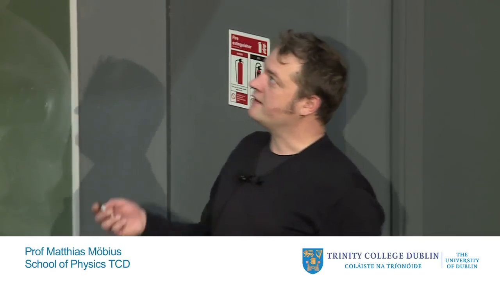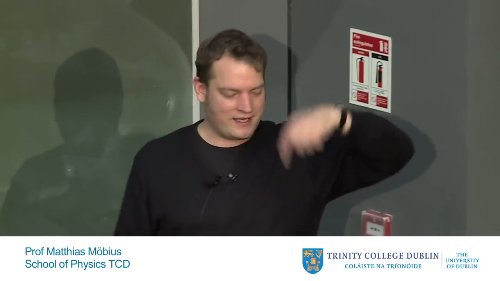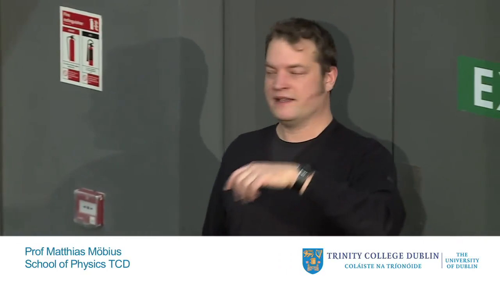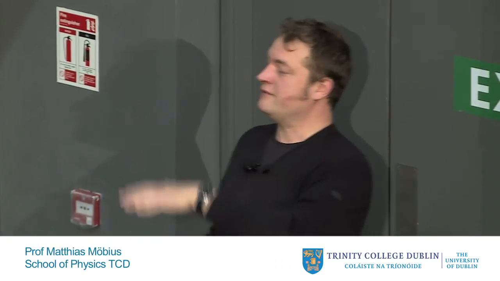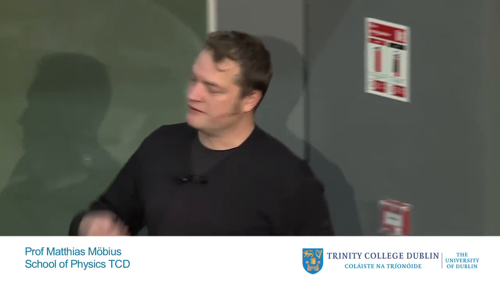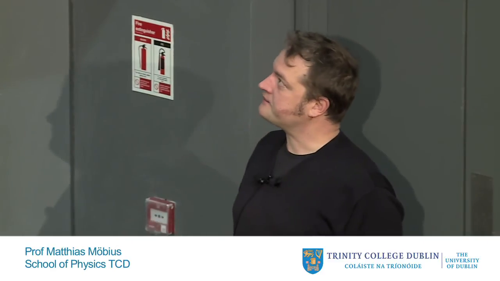Yeah? But if these grains are small, then the air has a hard time reaching the bottom, so you get a low pressure region at the bottom. Then you have a pressure gradient, and when you have a pressure gradient, it forces this plastic ball basically downwards, yeah? Because of that pressure gradient. And this is essentially the reason for what I've just shown you, that this depends on density.